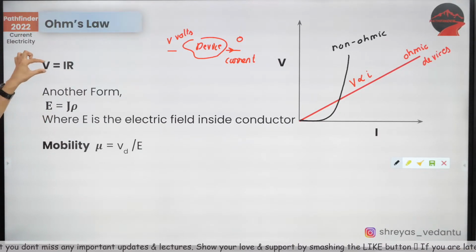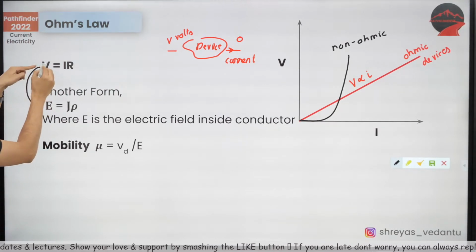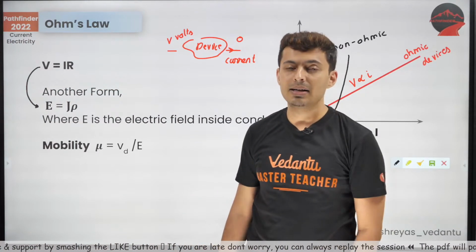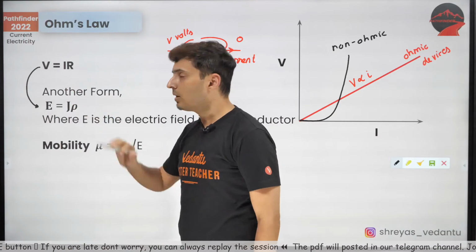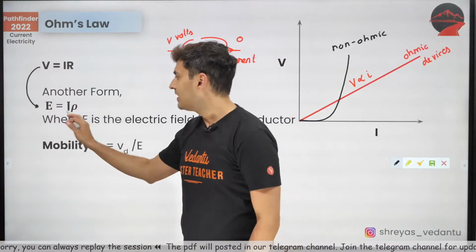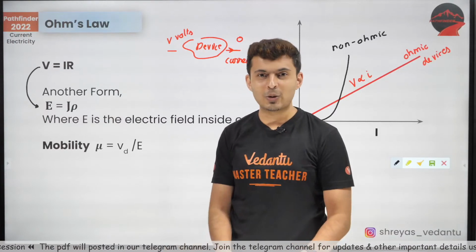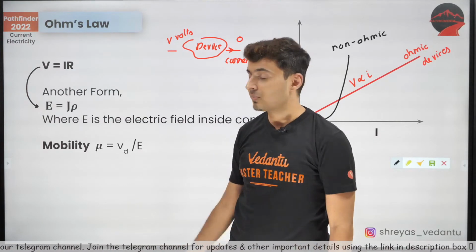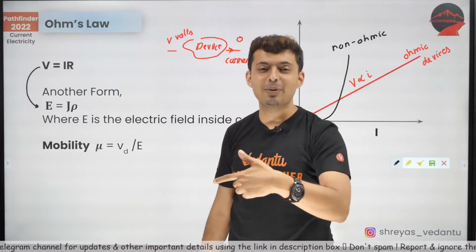Now, just like V is equal to IR, there is an equivalent relationship. Instead of voltage, you write voltage per unit length. Volts per meter. What is volts per meter? Electric field. I hope you remember unit wise. Voltage per meter is electric field. Instead of current, you make it current per unit area. What is current per unit area? It's current density. And instead of resistance, you make it per unit volume, per unit length and all of that, and then you will get resistivity. That's a material property.